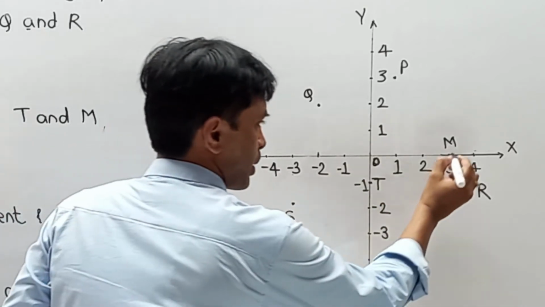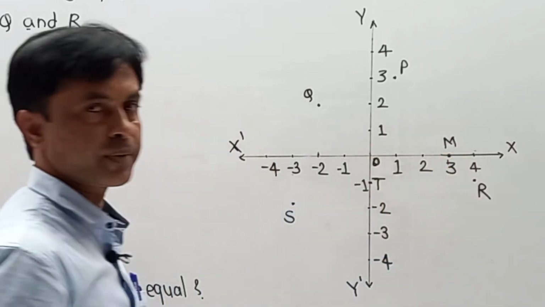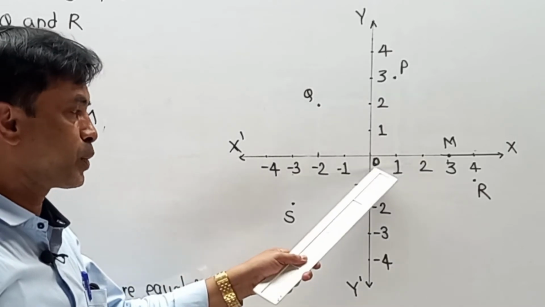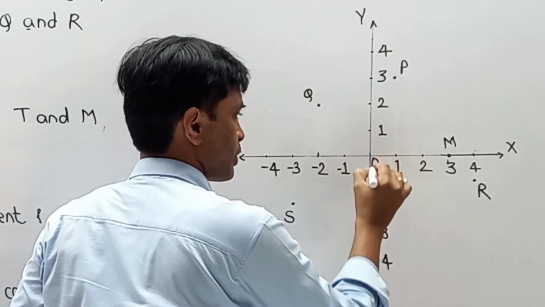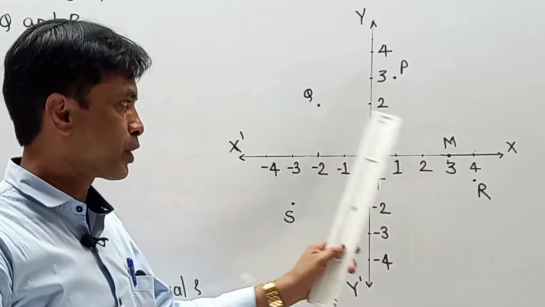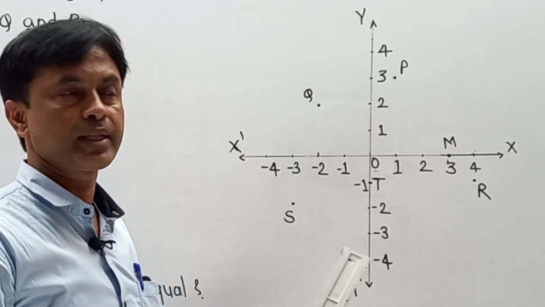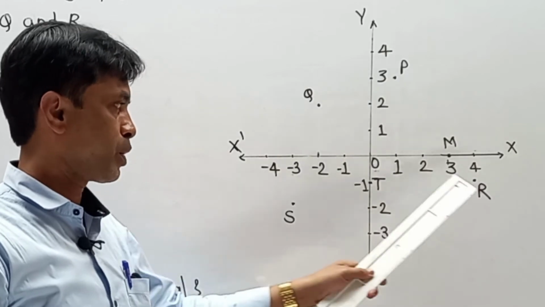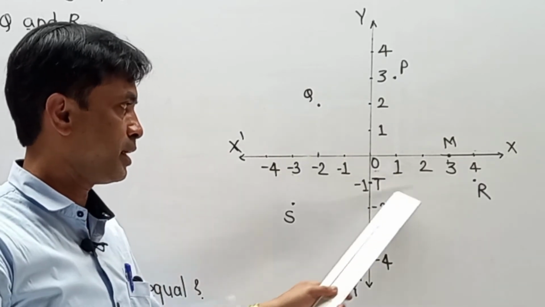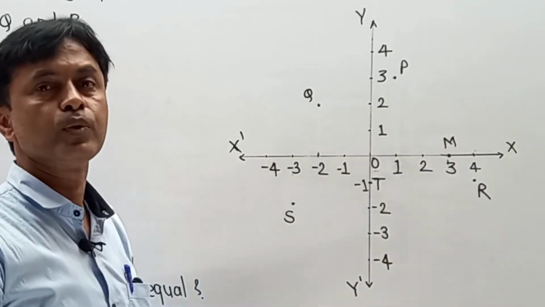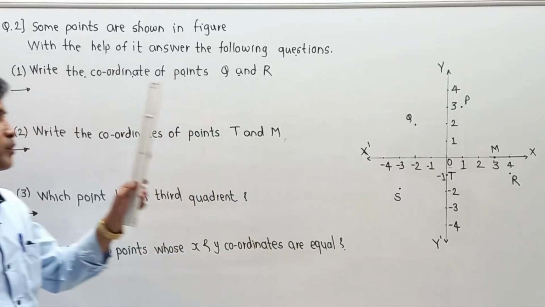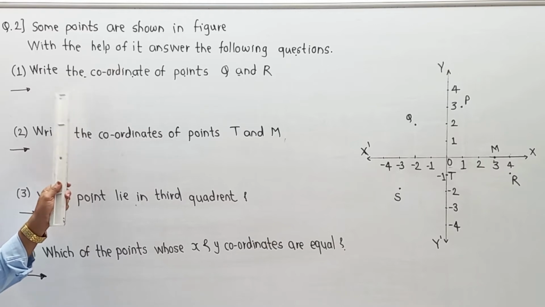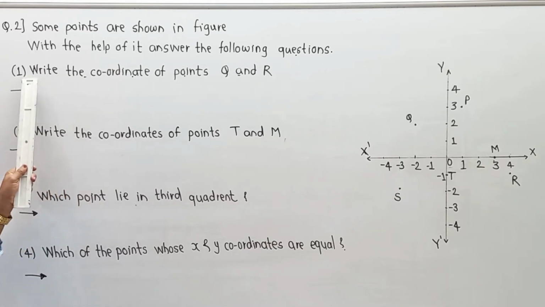Also they have given one point M over here, and no doubt a hidden point O, which is given at the center, means it is 0, 0. Logically we can say that. According to these points and the structure given by them, means P, Q, R, S, T, M and our O, 0, 0, we have to write the answer of the following questions. So one by one we are focusing on the parts, and their first question is, question number 1,